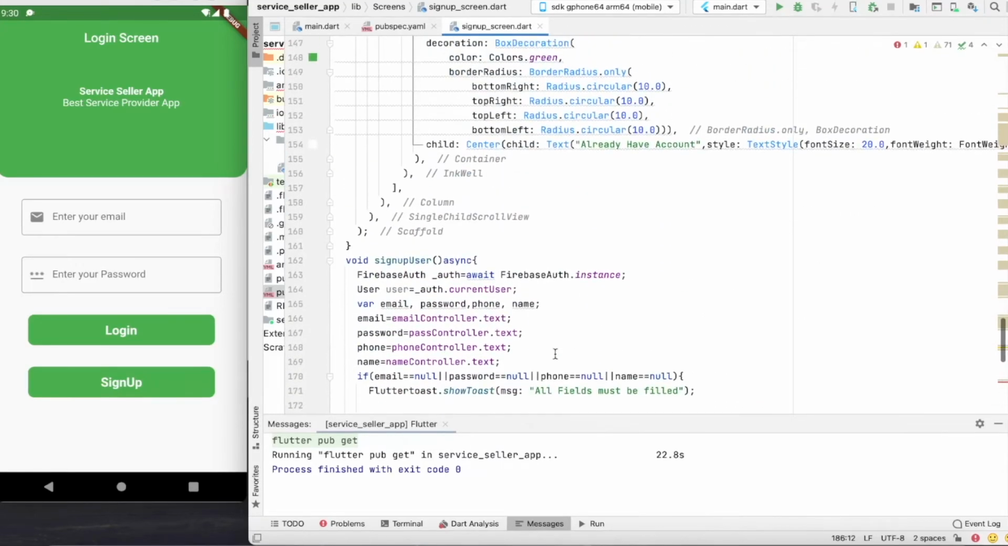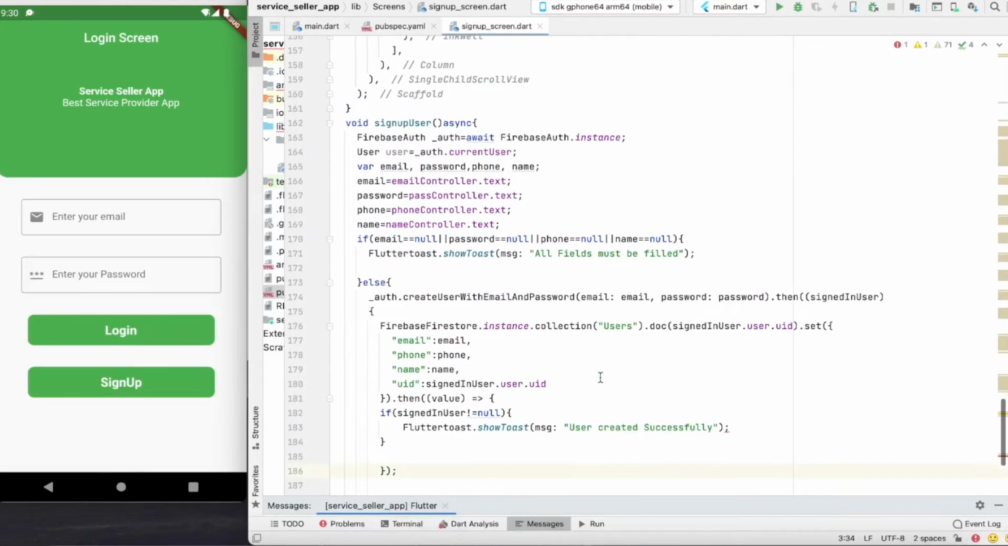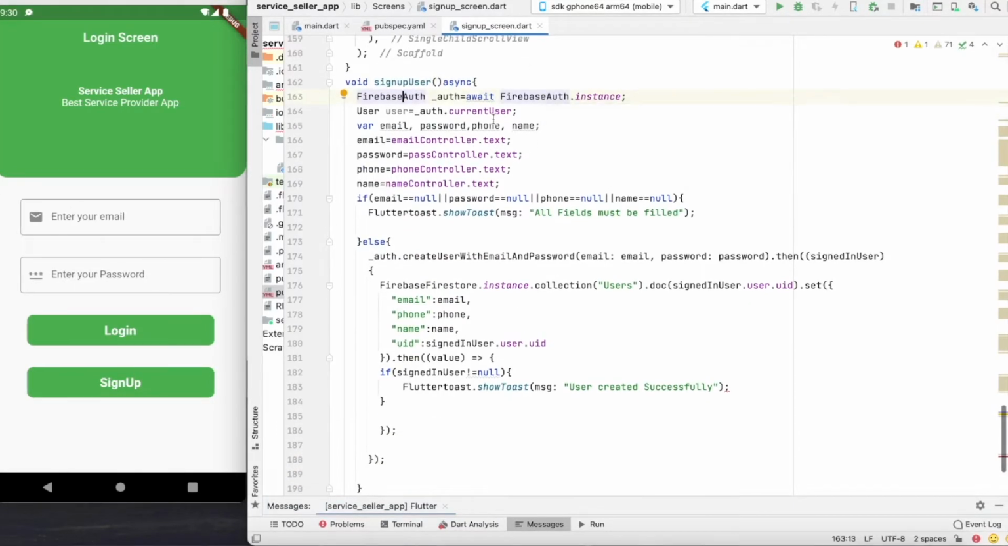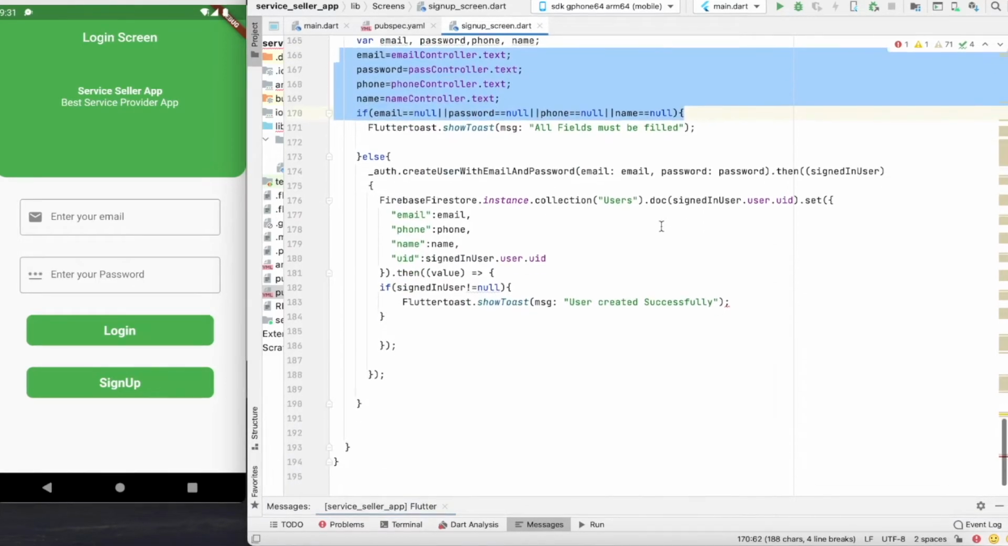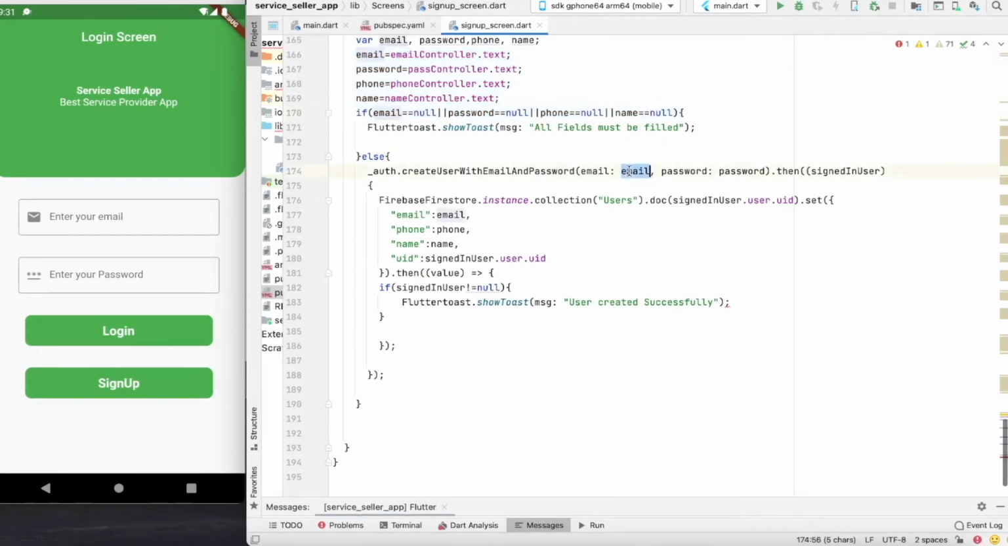So what we are doing, let me repeat it. This is the sign up user method. First I create the Firebase auth, which is used for authentication, and this is all the simple stuff. And here is the main thing. We are using the createUserWithEmailAndPassword method, in which we pass the parameters. It requires two parameters, email and password. First I pass the email, and the second parameter is password, .then